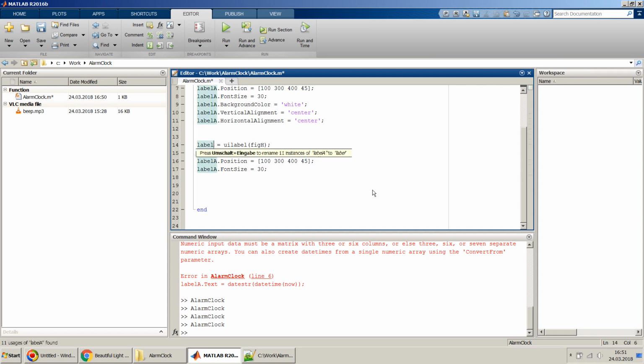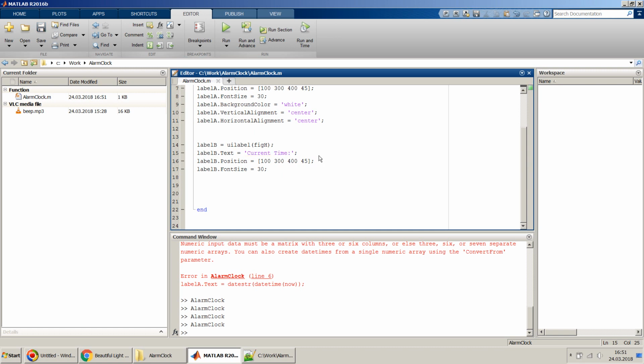So let me first change the name to probably D. Yes, everything is changed. So I have a second label. Parent is the same. The text will be simple this time. It will just be current time. So it shows my current time,